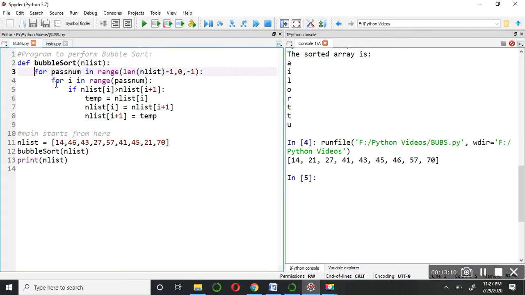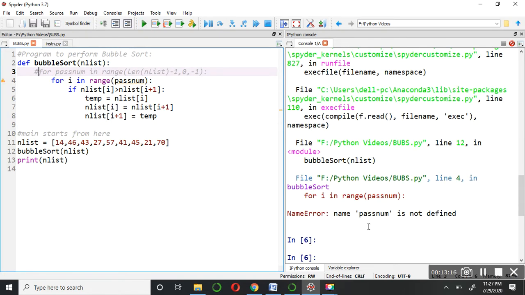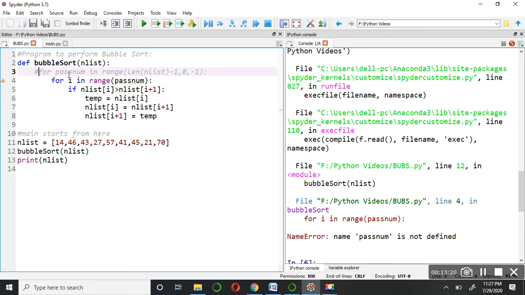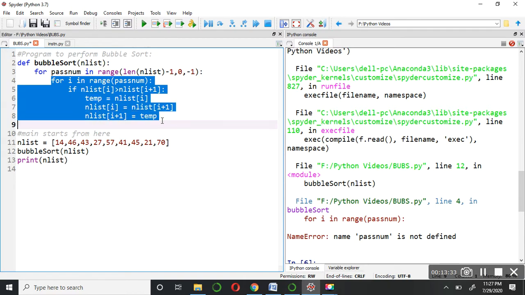If I'm going to apply only one loop, what will happen? Let's see. It is actually showing some error because pass sum is a variable there, so I cannot remove it right now. Basically this inner loop will work if we provide only one loop here.